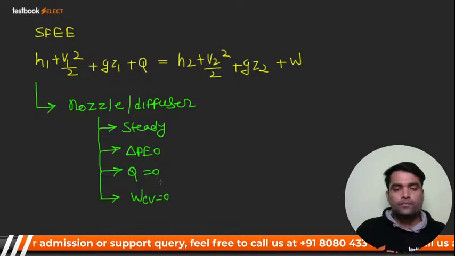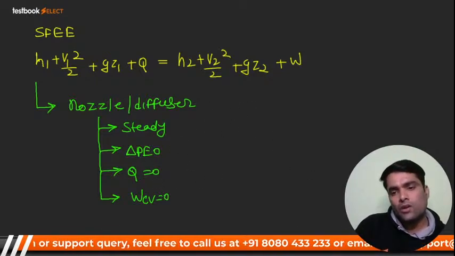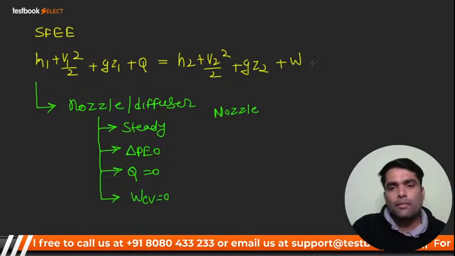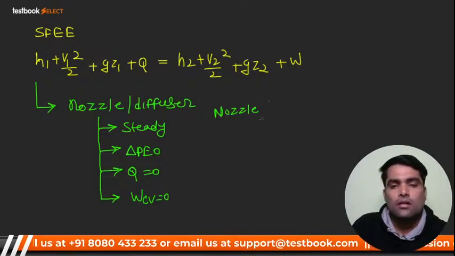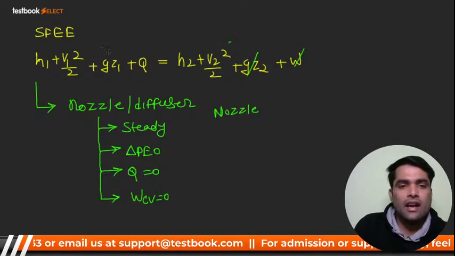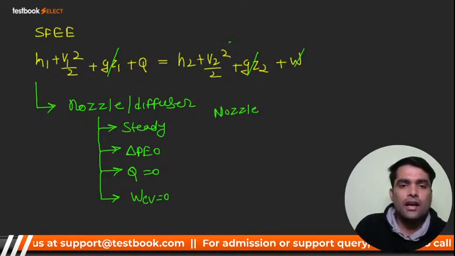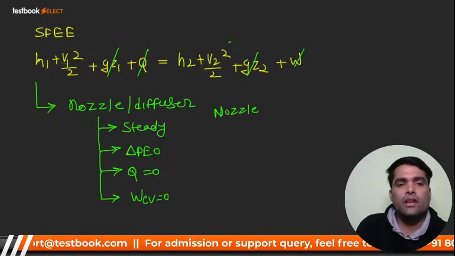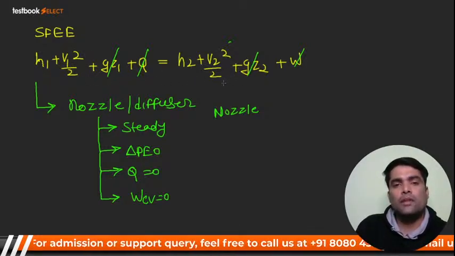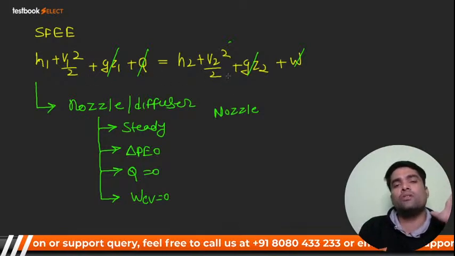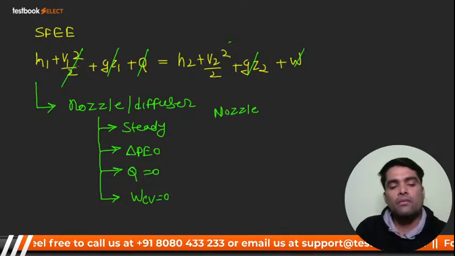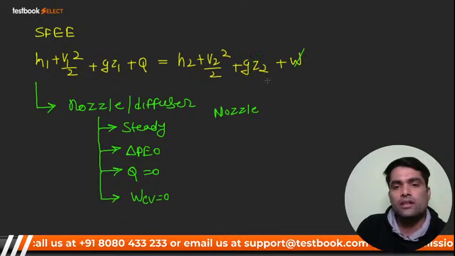right? So definitely, my dear, if I talk about nozzle, अगर मैं nozzle की बात करूं, so what will happen? क्या होगा? There is no work done, there is no potential energy, right? And my dear, ये भी नहीं होगा and ये भी नहीं होगा. What are we left with? We are left with H1 plus V1 square by 2 equals H2 plus V2 square by 2. So definitely nozzle का जो initial velocity होता है, that is quite 0, तो ये भी cancel out हो जाएगा. So what we are left with, my dear,